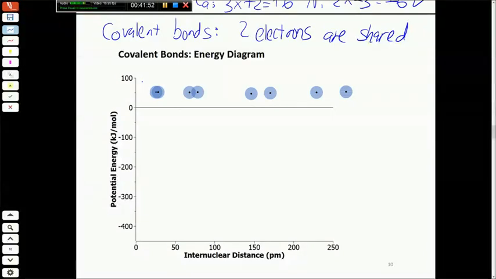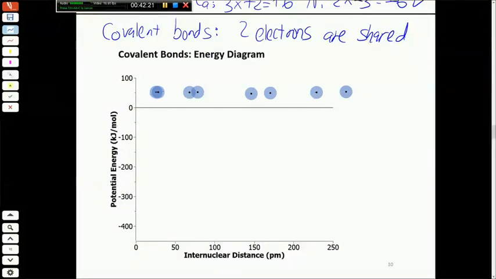So what happens is I'm depicting the two atoms here. This x-axis here is internuclear distance. That's the distance between the two nuclei of the two atoms. So they're starting out over here on the right very far apart, and we're bringing them closer and closer together until at some point their electron clouds overlap with each other and the electrons are shared between the two atoms. We'll talk in more detail about how that works exactly in the future, but suffice it to say we're bringing these atoms really close together such that their electron clouds start to overlap with each other